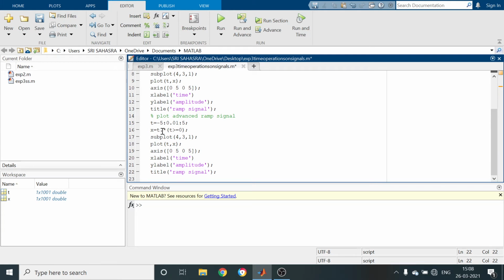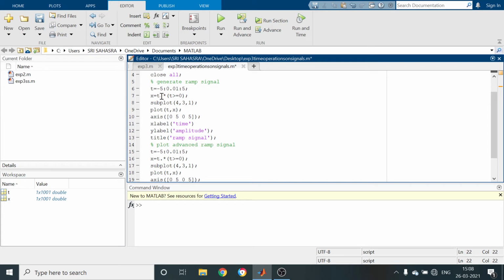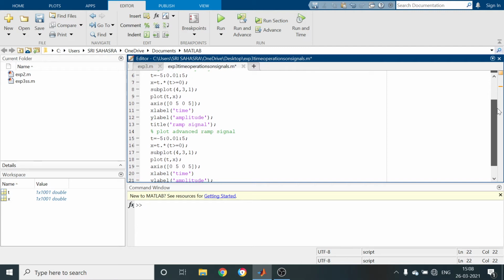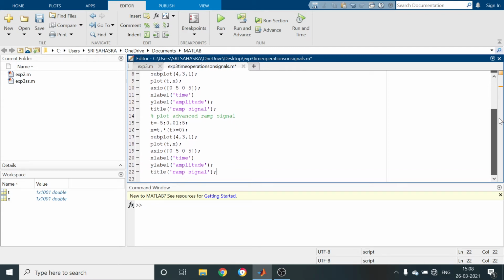Whereas for this advanced one I have to write t dot star t plus 3, which indicates the signal starts before 0.